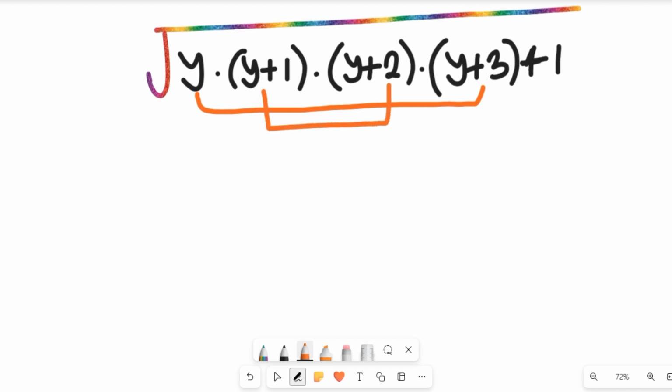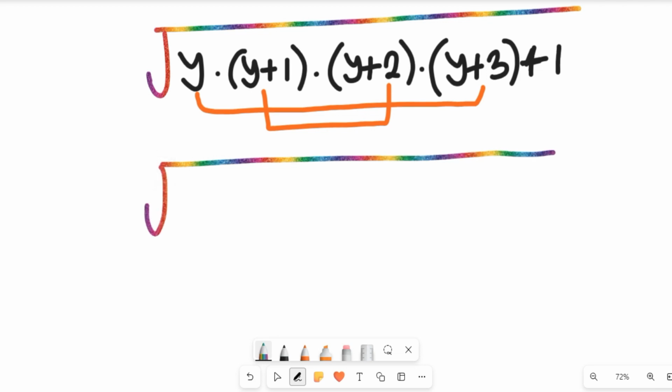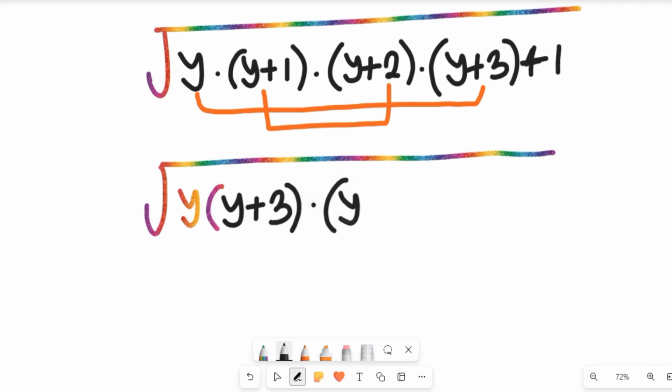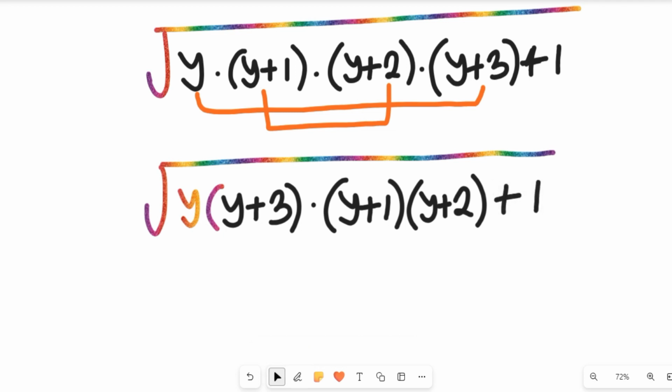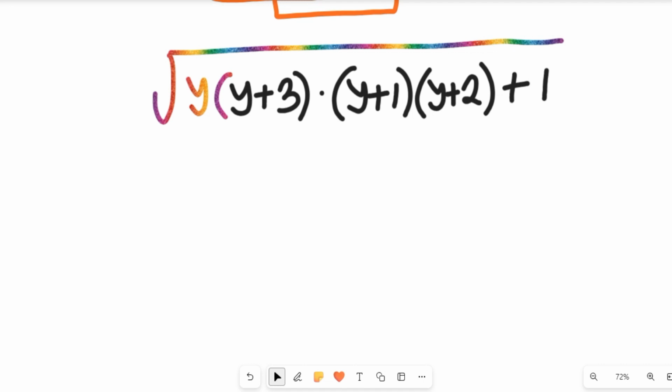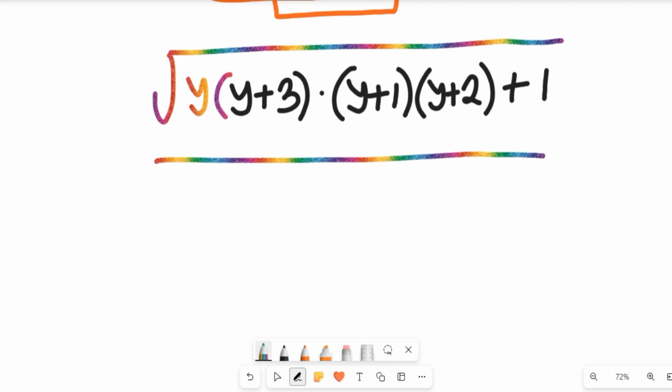Now if I multiply those two expressions, this becomes y multiplied by y plus 3, and this will be multiplied by y plus 1 multiplied by y plus 2, and this will be plus 1. In order to factorize that expression easily, we have to do that. So this whole expression will now give me the square root of